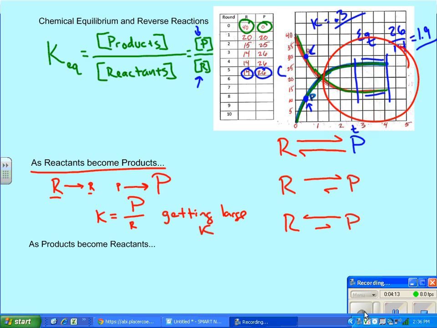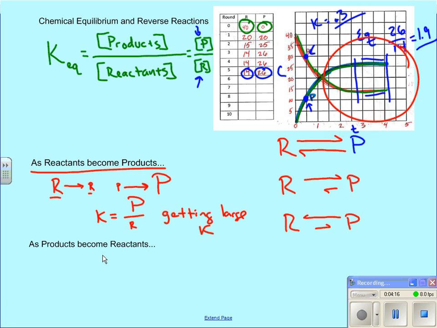What's happening in the reverse reaction is that reactants are being formed at the expense of products. So we're moving in the reverse, or we're moving towards the left. So with time, we might start with a lot of product, and over time it's getting smaller, to the benefit of reactants. Reactants start off small and they get larger with time. So if we look at something moving forward in this reaction where more products are becoming reactants, then K is going to be given by a small p and a large R. So that gets closer to 0